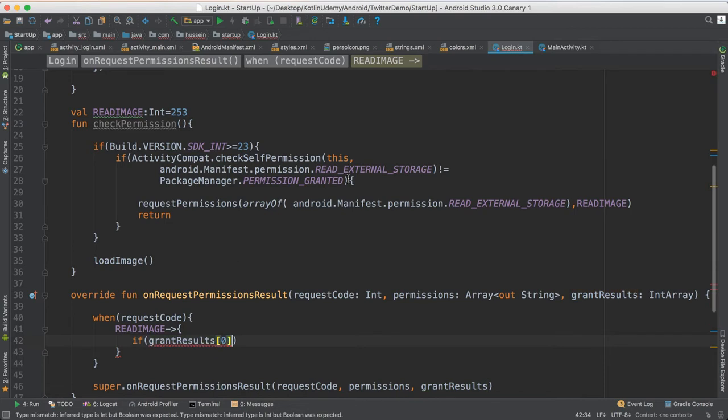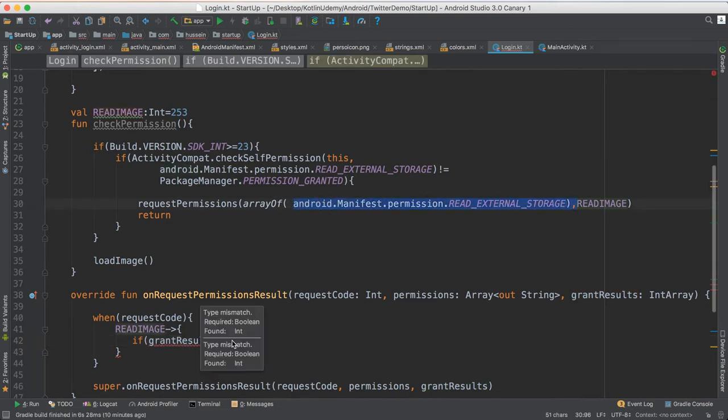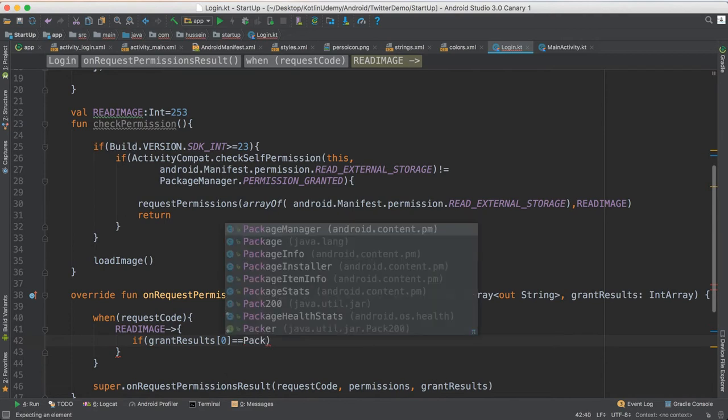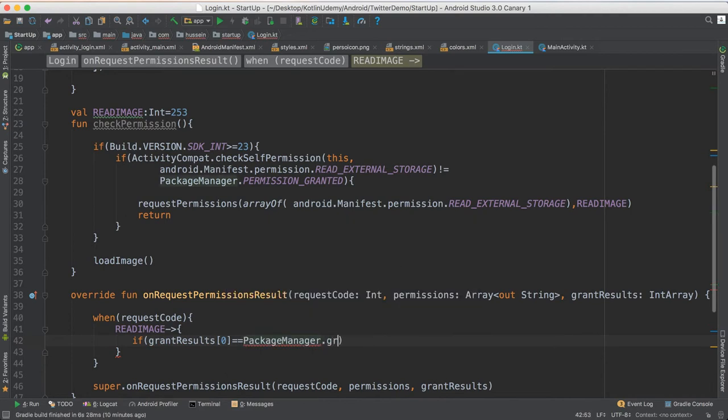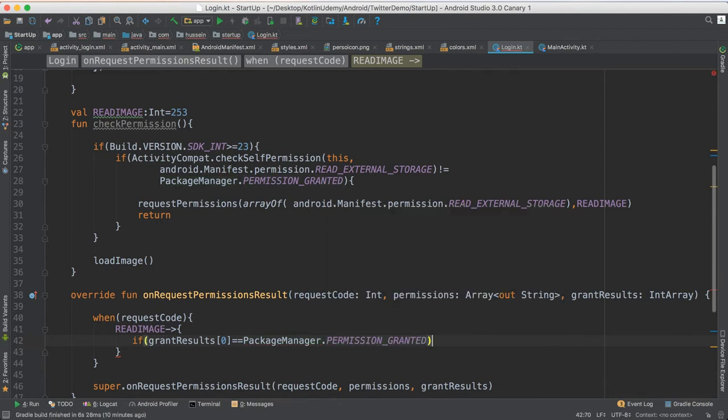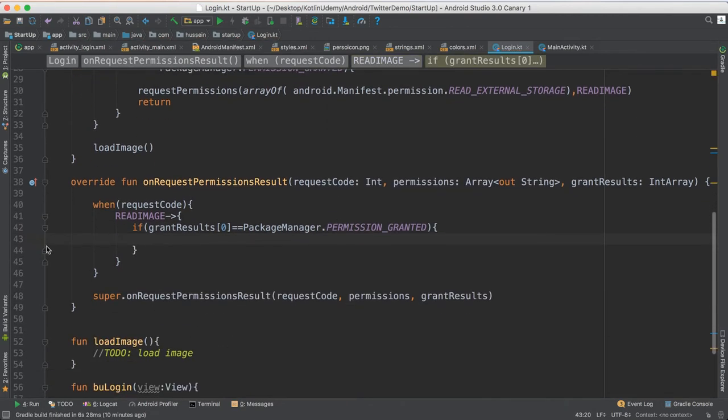So I would say, hey, if the permission granted for index 0, why 0? Because I'm sending only one permission inside this array. The index for this permission in the array will be 0. If I had more, I would say 0, 1 and 2. So if the permission is granted, equal to package manager dot granted, okay, I know the permission is granted, and he will be able to load the image. So I could call this method. Otherwise,